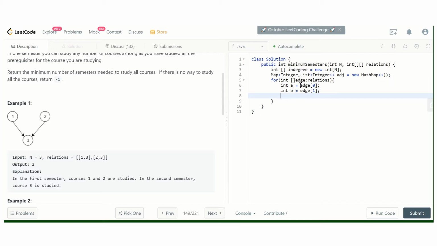and now the edge is between 1 to 3, so a to b. It's like there is an edge, so in degree of b should be incremented. In degree of b plus plus.